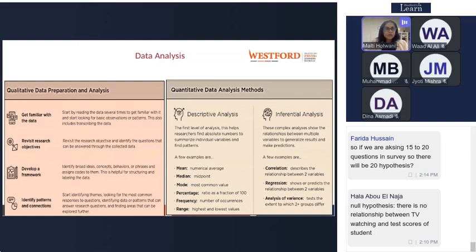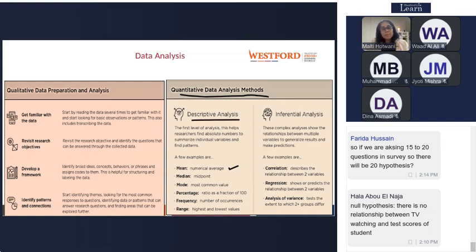So we'll come back to this particular slide later on, after we are done with the quantitative and qualitative data analysis. I'll first say again, in quantitative data analysis, you will calculate mean, median, mode, percentage, frequency, range. You can calculate all these things because it is based on numbers, right? These are descriptive analysis.